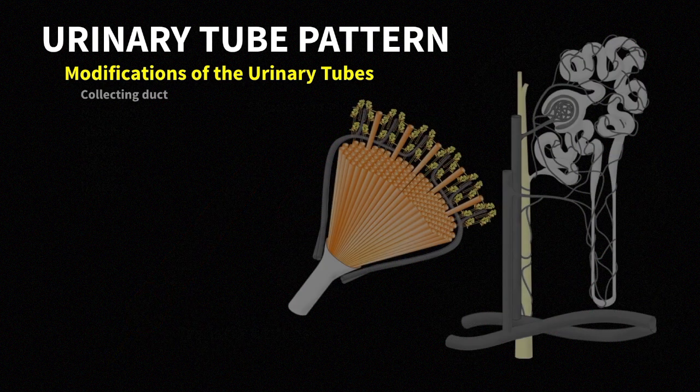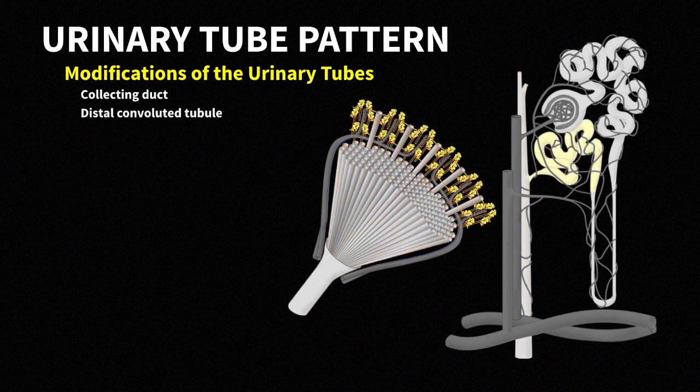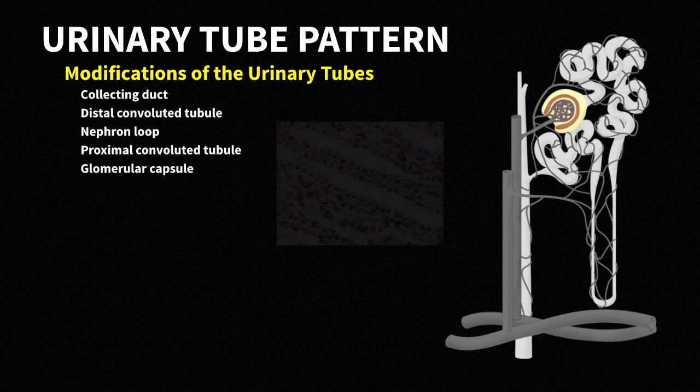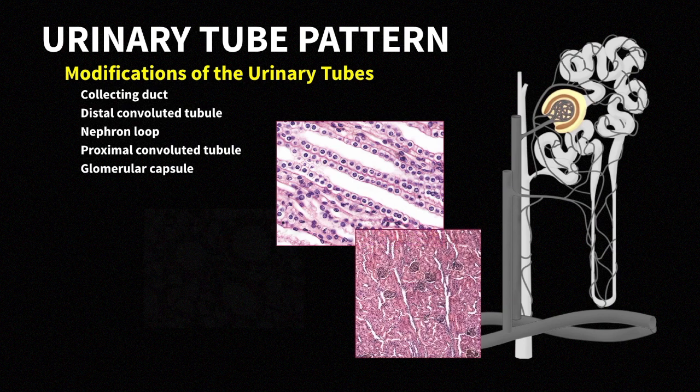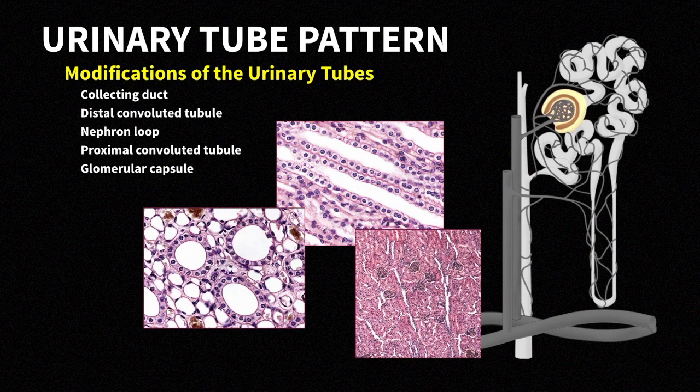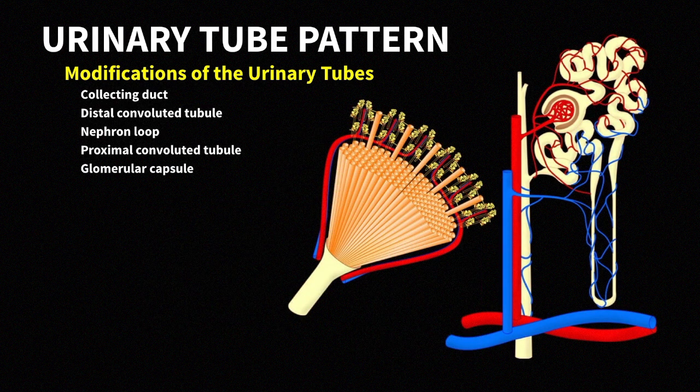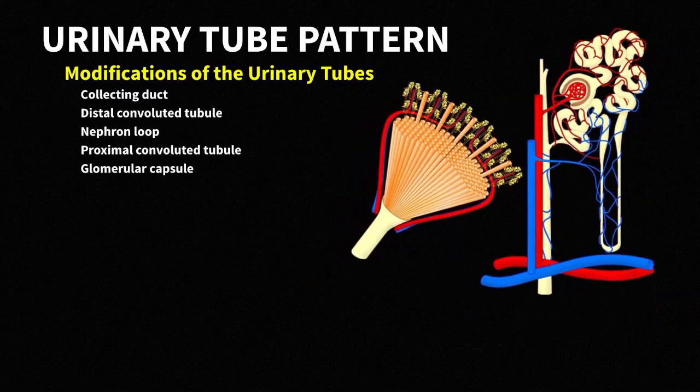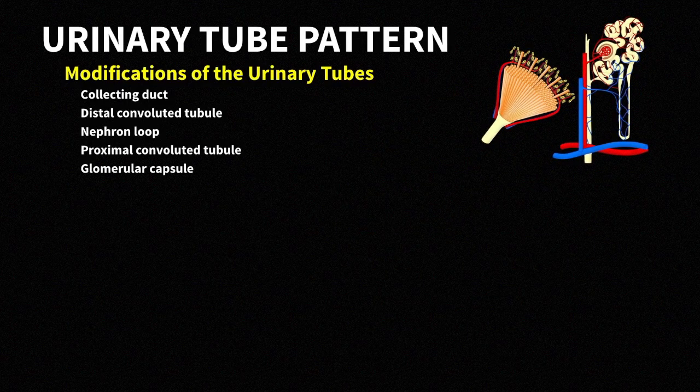Modifications to the basic urinary tube pattern occur in the small tubes, projecting from the minor calyces toward the peripheral cortex of the kidneys. These small tubes, numbering more than 1.25 million per kidney, lose the middle and outer layers of the tubular wall and reduce the mucosal lining to a simple epithelium consisting of a single cuboidal to squamous cell. In other words, very thin-walled tubes. This large number of thin-walled tubes forms an intimate association with a portal network of capillaries to filter and regulate